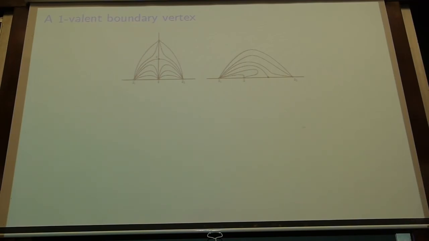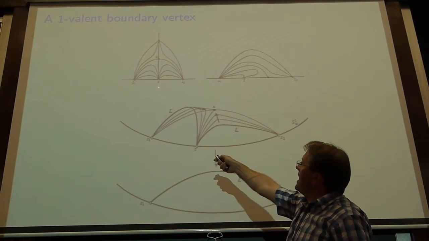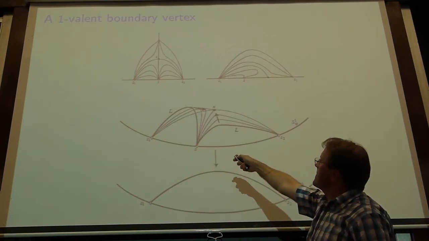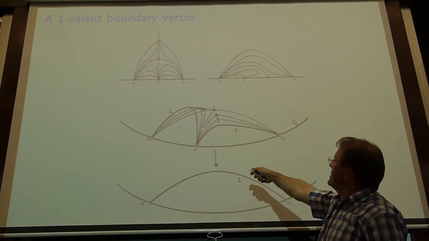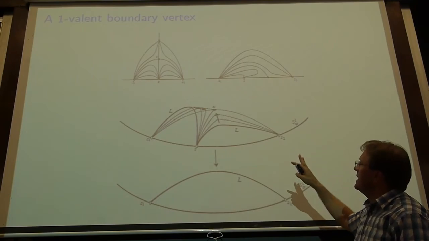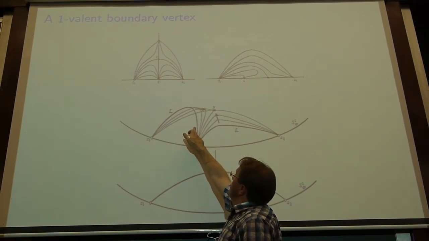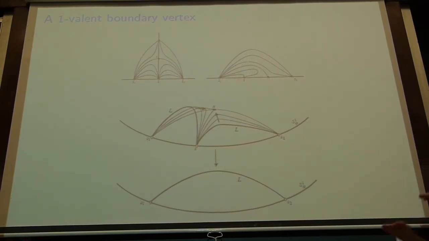Okay, so this is an example of a one-valent boundary vertex. There are two possibilities for a one-valent boundary vertex. There it is, and there it is. And let's focus on this type here. And you see inside the arc presentation an arrangement like this. So this bit of link there is that bit of link there. That there is that there. That saddle X is that saddle X there. And what you do is you slide the knot through here and through here, keeping it level